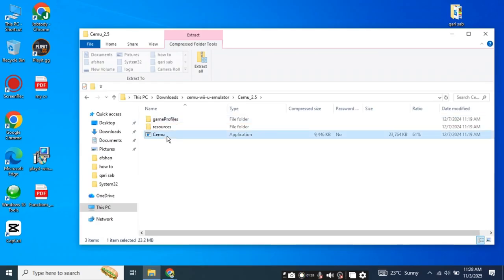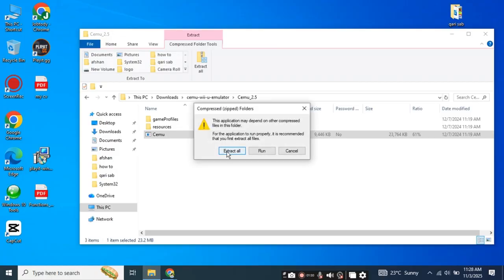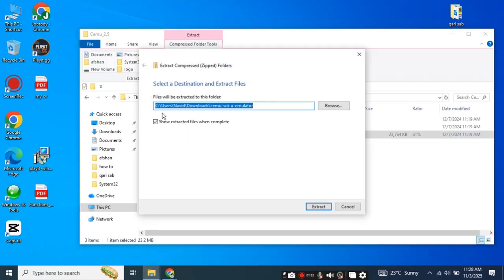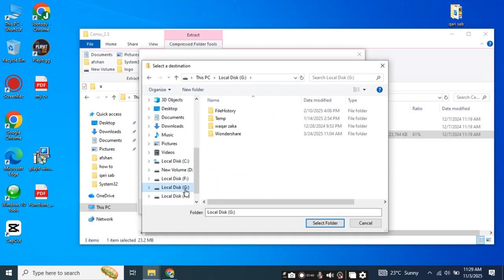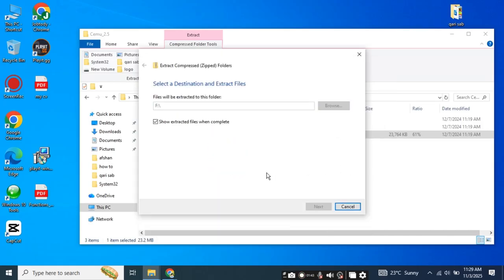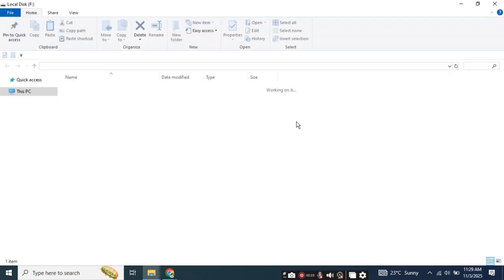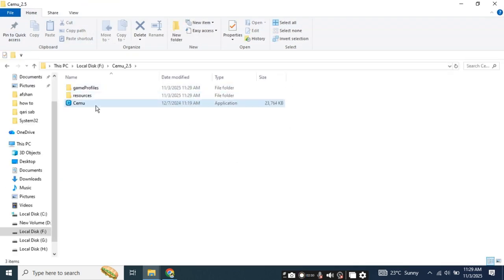And this is extract your file and double click the Cemu. And click the extract all. And this is location. To install, you change this, click the browse and select your location. And click the extract. After that, this is your Cemu folder, click on it and open the Cemu